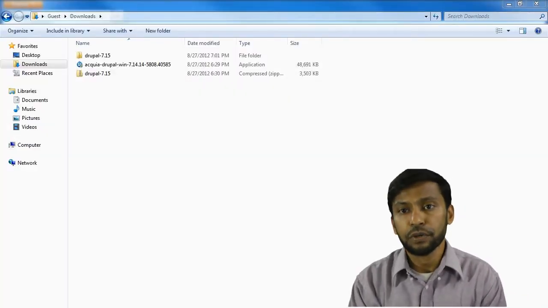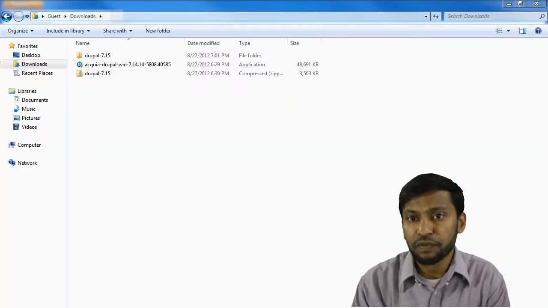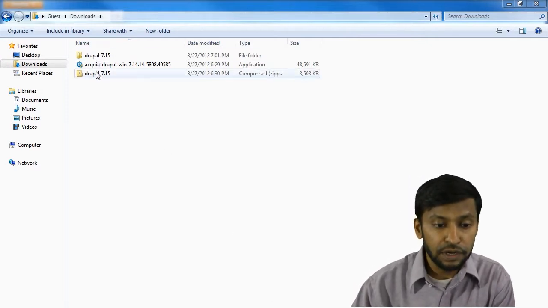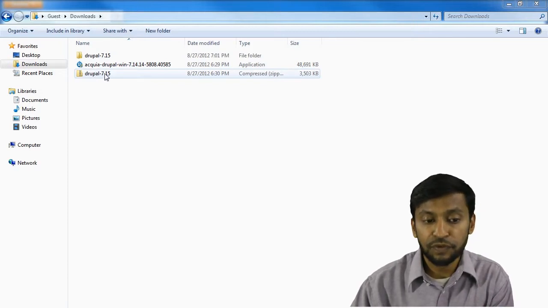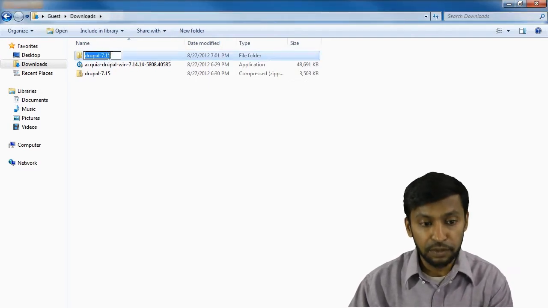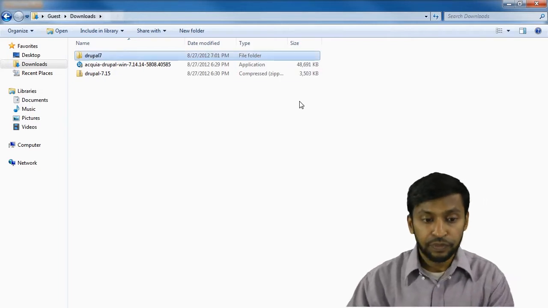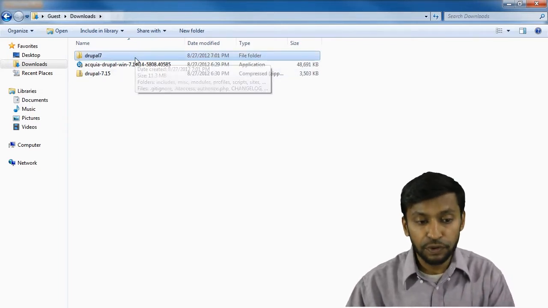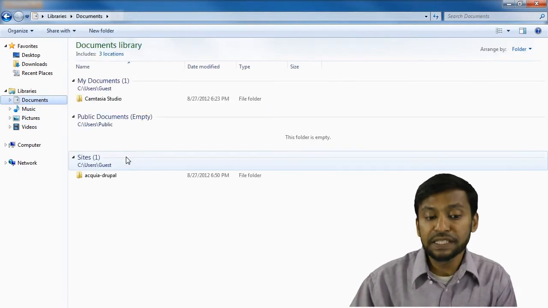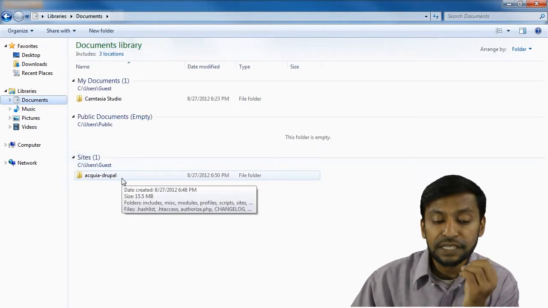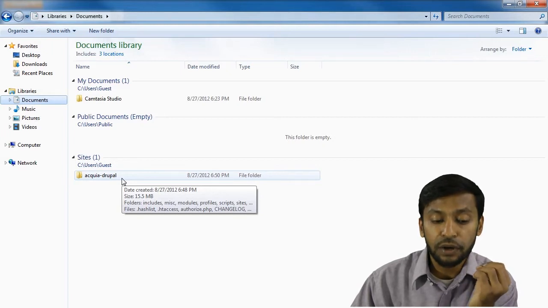Okay, so now what we want to do is actually take the 7.15 version of Drupal that we downloaded from Drupal.org and use that script to actually do the installation. So I have here the 7.15 zipped folder, and I've extracted it, and it's called Drupal 715. I'm just going to rename it to Drupal 7. Now I'm going to copy this folder and place it in the same location where we have the Acquia Drupal